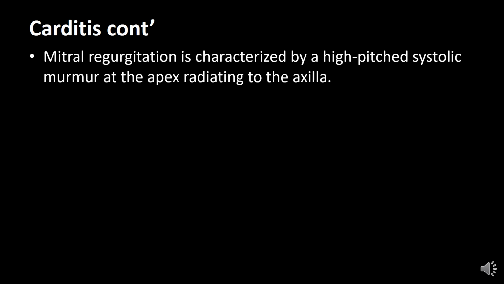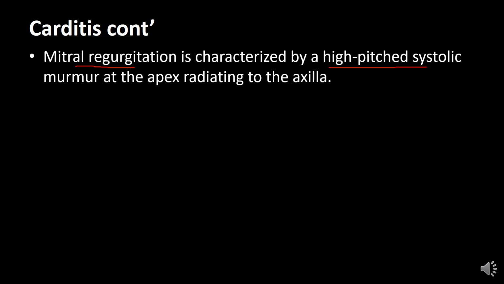Look at it when it is systole. During systole, the ventricles are contracting. What are we expecting? We expect that intraventricular valves should close. And so if you have a murmur which is occurring during systole, it means there is turbulent flow through the atrioventricular valves, that is either the mitral or the tricuspid valves, during systole. Those valves are supposed to close, which means they're not closing. It means they're regurgitating. So that becomes a systolic murmur. And that is why in this statement we are saying mitral regurgitation will present with a systolic murmur.